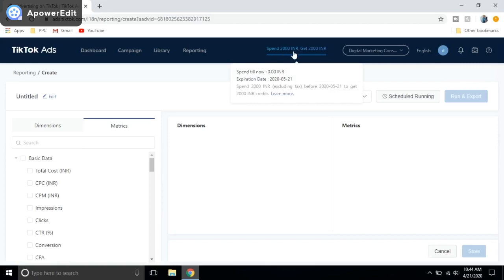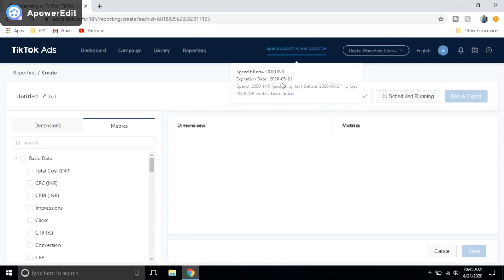So now here's the main thing. Right now TikTok ads is promoting its ad platform and giving 2000 rupees credit. So if we spend 2000, we will get 2000 in our account as a credit, and there is a limit.